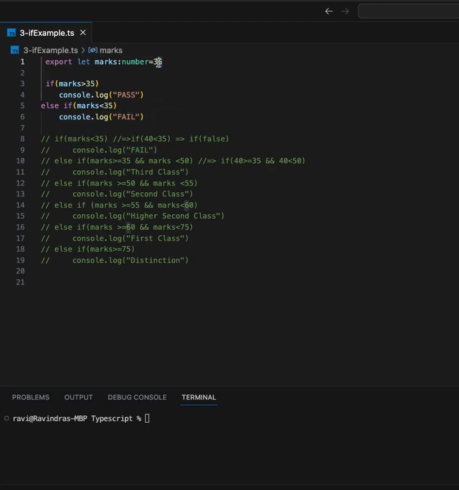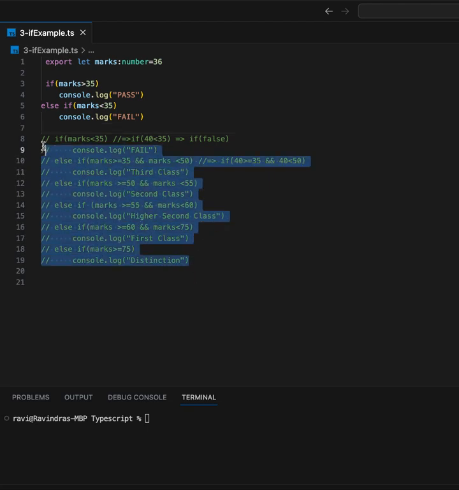Now because the marks are 36, this marks variable is replaced with 36 and it will compare: 36 is greater than 35, yes, it is true. Then this line of code will execute. And because it is true, it won't execute the remaining code of this if condition, and it will exit. If any other lines are available from the 7th, those will execute. Similarly, let's see